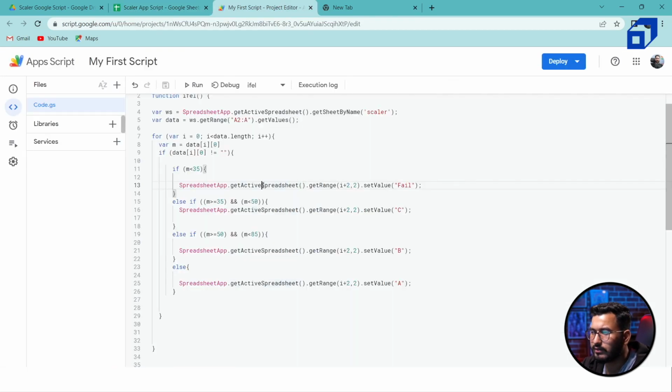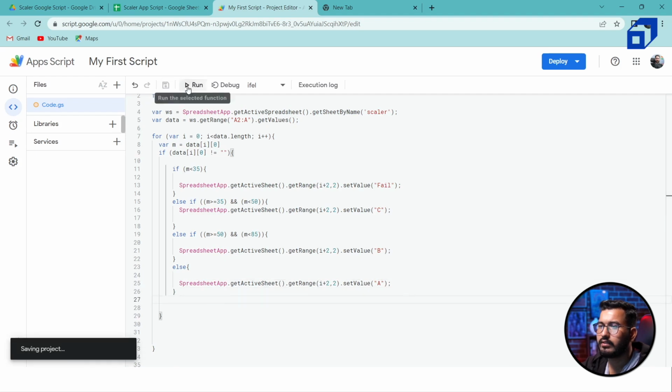So let's remove this spreadsheet word and make it get active sheet. We can even use get active spreadsheet, but in that case we have to name the sheet also. So let's try to now save it, run it,